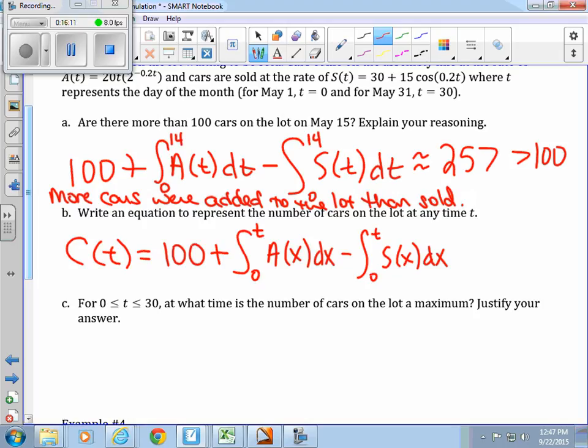Or 0 to 30, and I would say even if they don't ask you to do part B, if you have to do part C, you need to think about part B. For 0 to 30, at what time is the cars sold on the lot a maximum? Well, how do you find maximums? You look at endpoints and you find the derivative and set it equal to 0, right? Well, what's the derivative of this? It would be